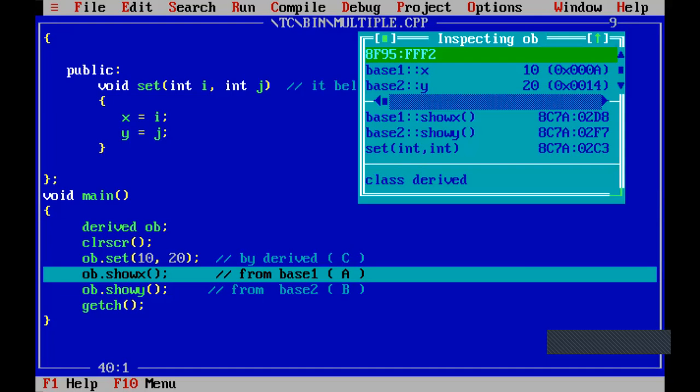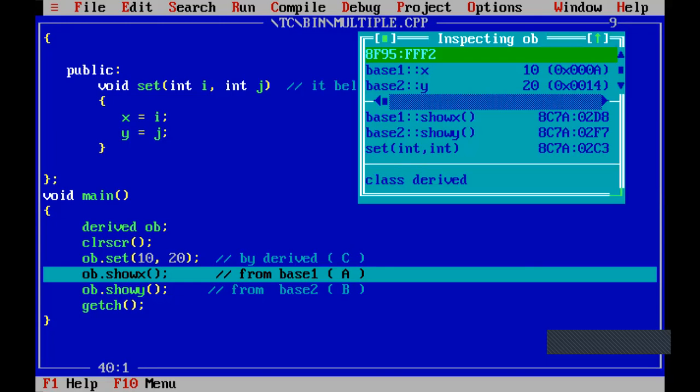Because in the line OB.set of 10, 20, 10 will be copied to I, 20 will be copied to J, the I value will be copied to X, and the J value will be copied to Y. So for variable X, the value is 10. For variable Y, the value is 20.